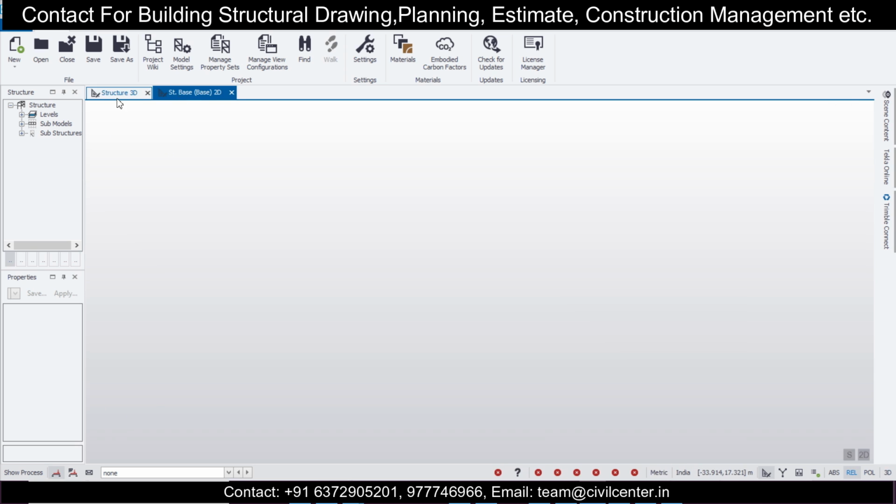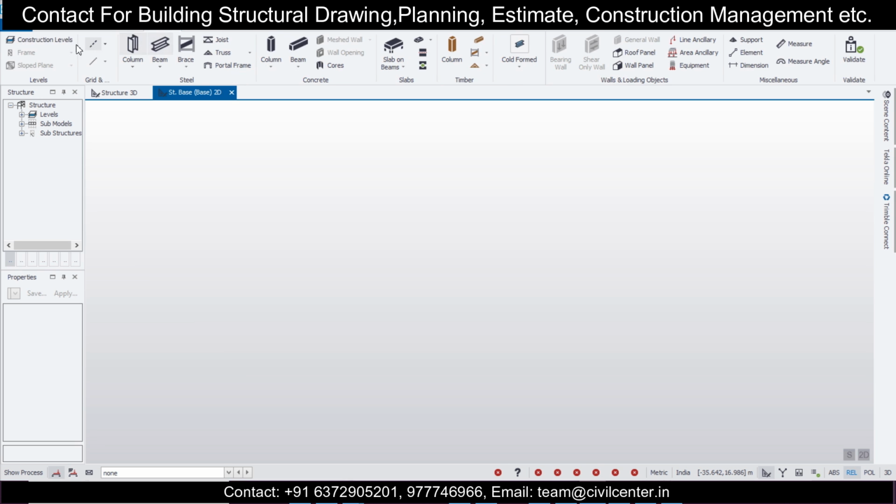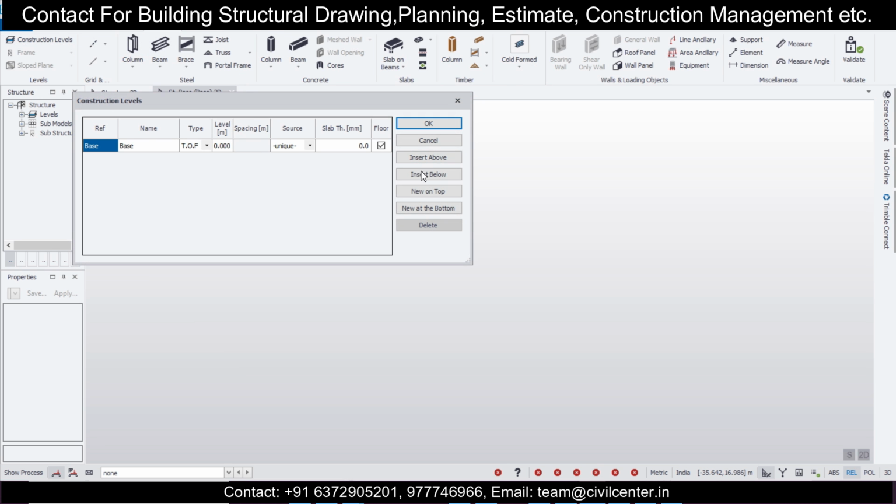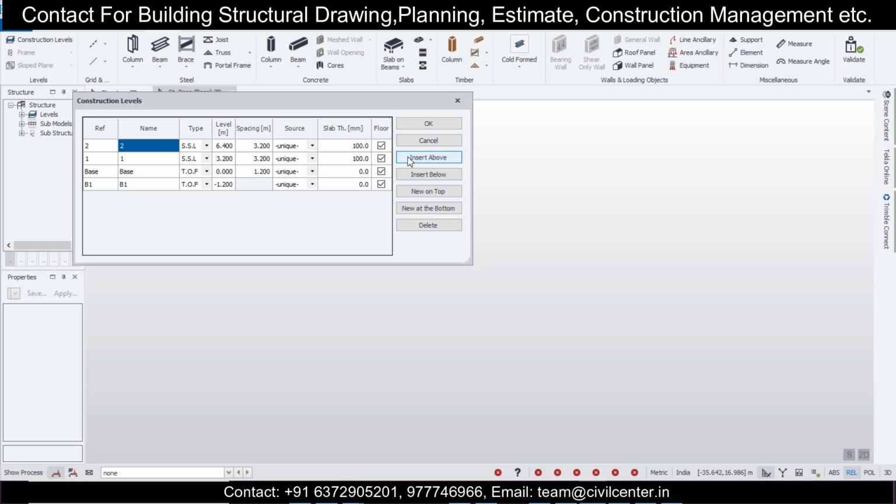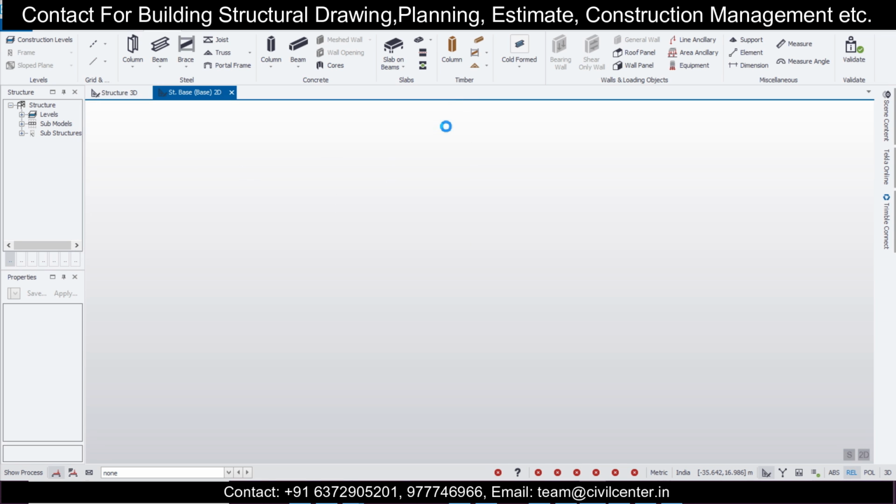So I have taken this basic structure, and this is the 3D view, this is the plinth level which we are taking here. So I'm going to the model part, construction levels, and I'm going to create some levels here. So let's give a foundation of isolated footing at minus 1.2 meters. This will be the foundation level, let this be the plinth level, and we'll take a floor above this. Normally you do this SSL, that is structural slab level, and spacing, let's give this as 3.2 meter, 10 feet 6 inch, and slab thickness of 100 mm. After that this is my G, and let's give this another floor, G plus 1. So G plus 1 is given, click on OK.